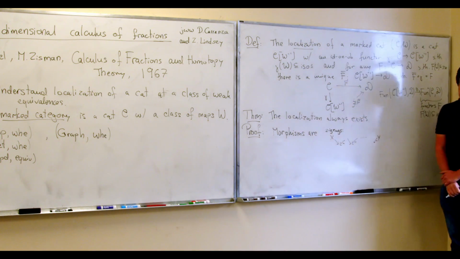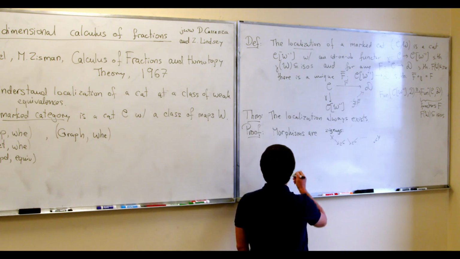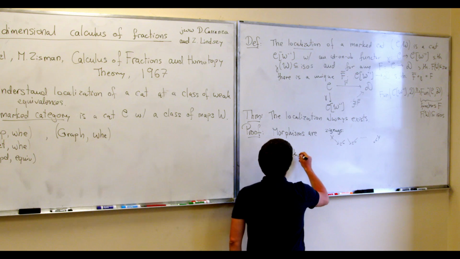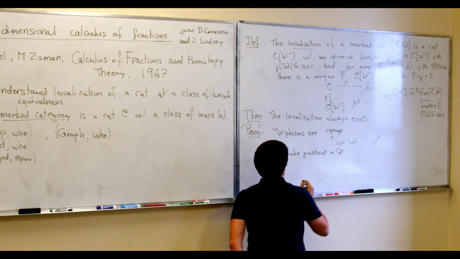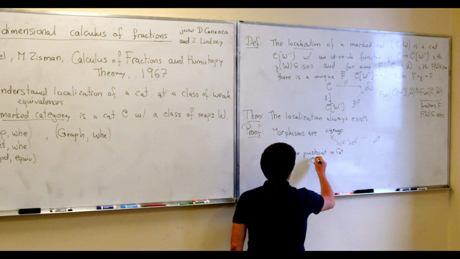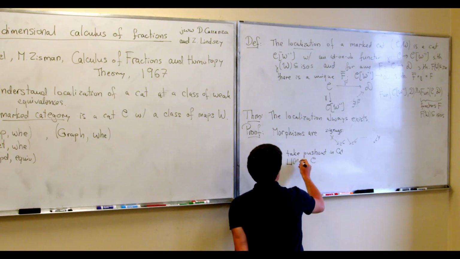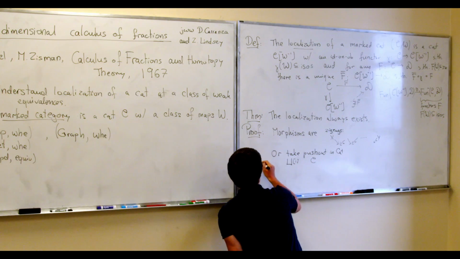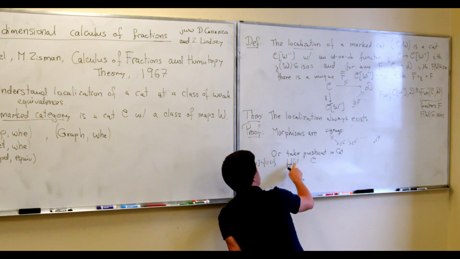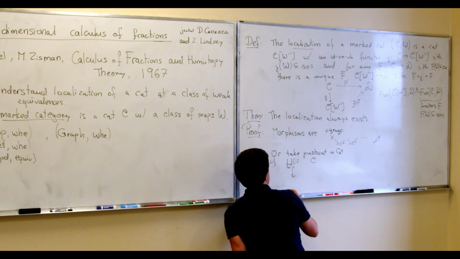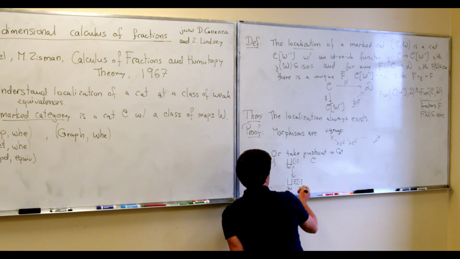Zigzags like that. A different way of saying it is that we just take a pushout of categories, or take a pushout in Cat. So what do I need to do? Well, I'm going to take my category C, and now I need to invert weak equivalences. So I'm going to just take [1], the poset 0 less than or equal to 1, like that. And I'm going to take a disjoint union of those indexed by all the weak equivalences. And then I'm going to invert all of those guys. So I'm going to add inverses.